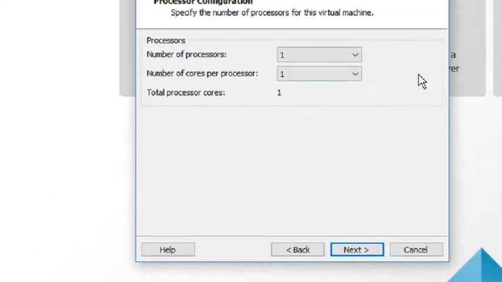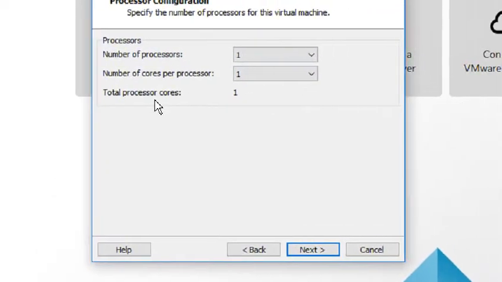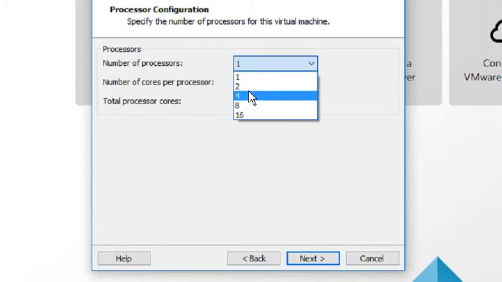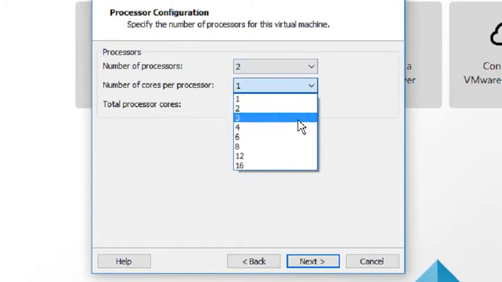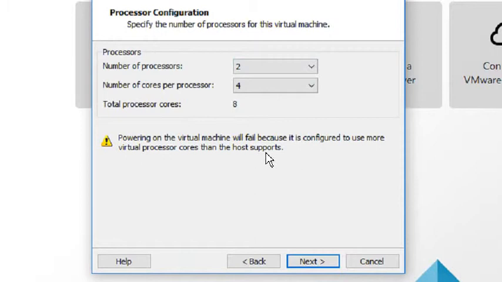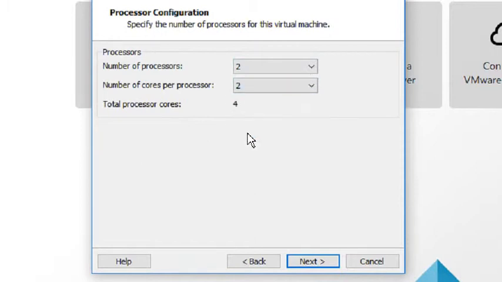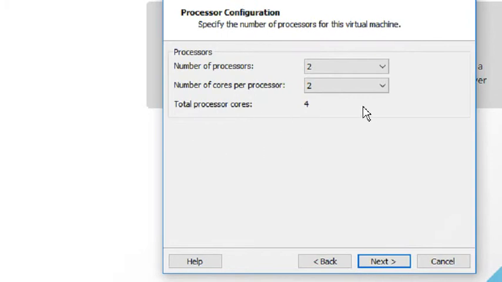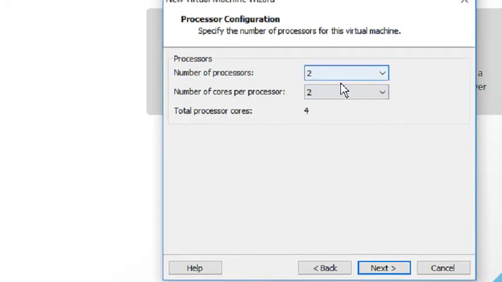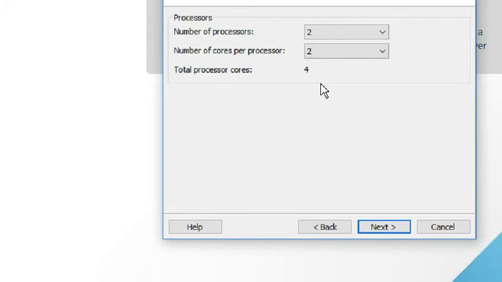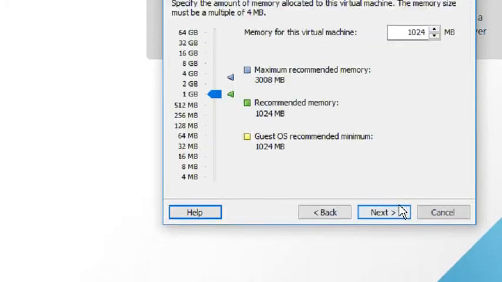For the number of processors, I recommend you give 2 processors and 4 cores. I select 2 processors, so total processor cores are 4. Click next.